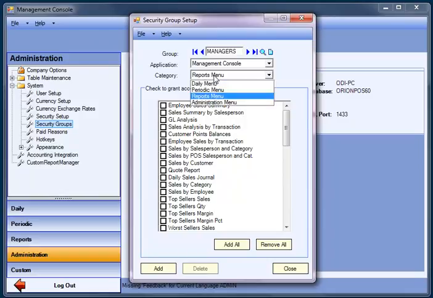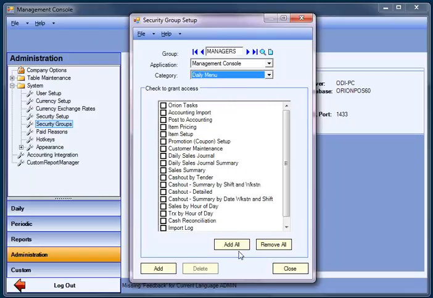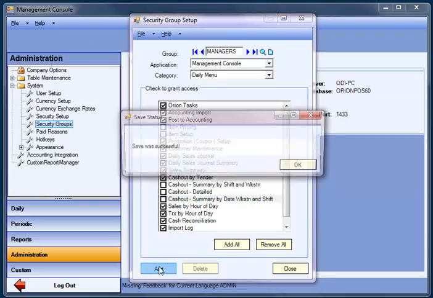In this case, we're going to go ahead and just give this person access to everything except editing items, and we won't let them do cash outs from the back office. Other than that, they have no access to the back office. So I'm going to go ahead and add the group for managers,